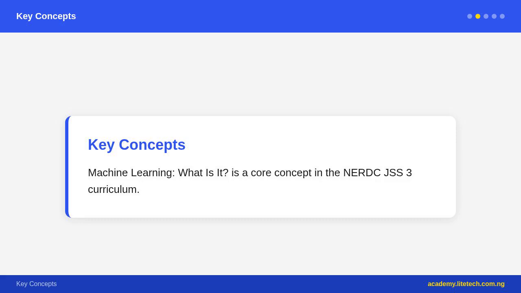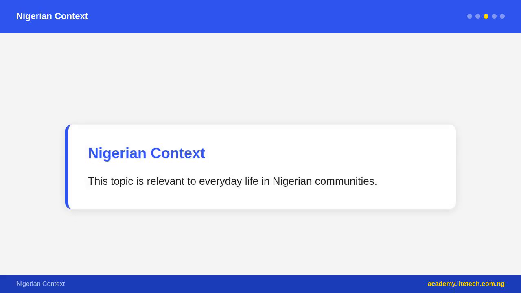2. Unsupervised learning. The model is trained on unlabeled data, no correct answer is given. The model finds hidden patterns or groupings on its own. Example, grouping customers with similar buying habits, clustering. 3. Reinforcement learning. The model learns by trial and error. It receives rewards for correct actions and penalties for incorrect ones. Example, training a computer to play chess, it learns to make moves that lead to winning.